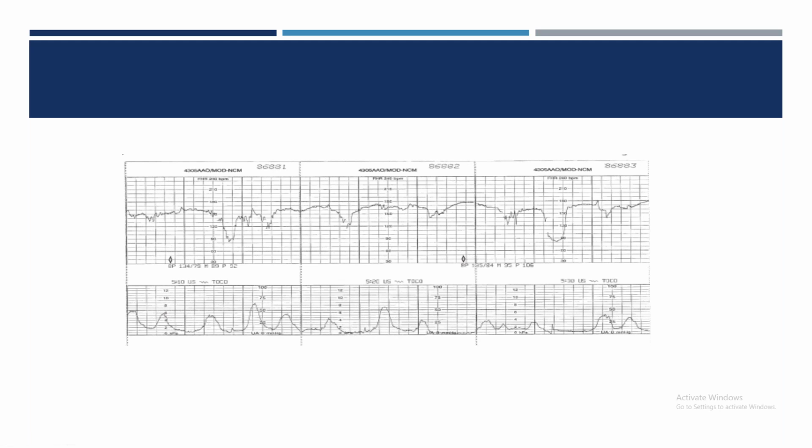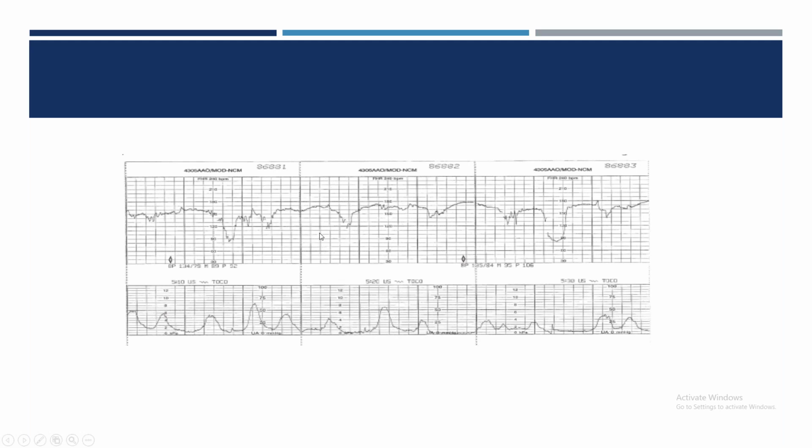Now you have to see whether there are concerning characteristics or not. So are there any concerning characteristics? Loss of shouldering. Yes, loss of shouldering is there. Variability is also not there. Some decelerations are biphasic. One or two decelerations are biphasic or W-shaped. So concerning characteristics are there: loss of shouldering and biphasic decelerations.